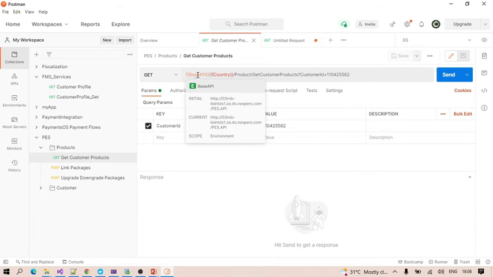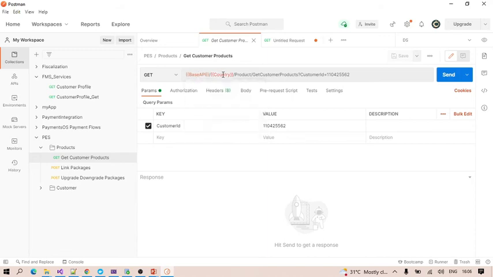So it should be something like psapi.staging.com. In that case, this base API variable value automatically gets updated. We don't need to update it. So we need to define this base API variable in the different environments.